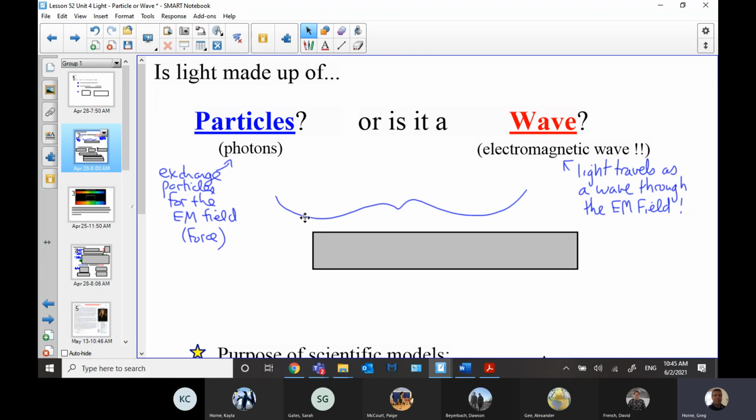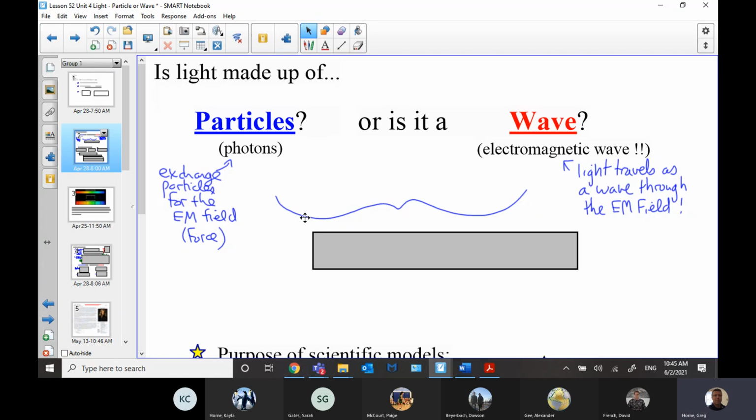We're also going to end up reviewing diffraction and refraction and so on, and the details of them as we go through it, because we're looking at those properties to decide if they are evidence of the particle nature or wave nature of light. So the idea here is we have these two different interpretations of light. We could think of light as particles, which are photons, which we have already talked about as exchange particles for the electromagnetic field, right?